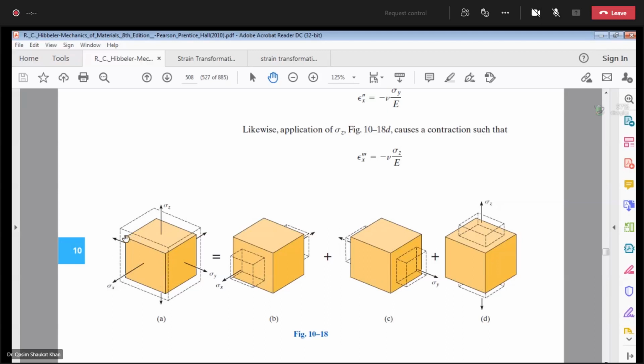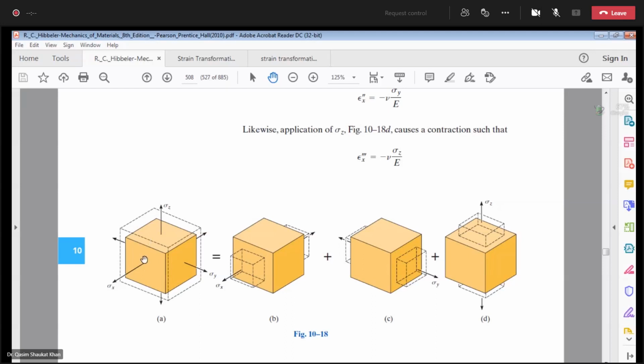This is your element. It is subjected to sigma x, sigma z, sigma y. So it's a three-dimensional element. All these three stresses are tensile stresses producing tensile strains, resulting in the elongation of the element in all directions. Clear? Now, due to the Poisson's effect,